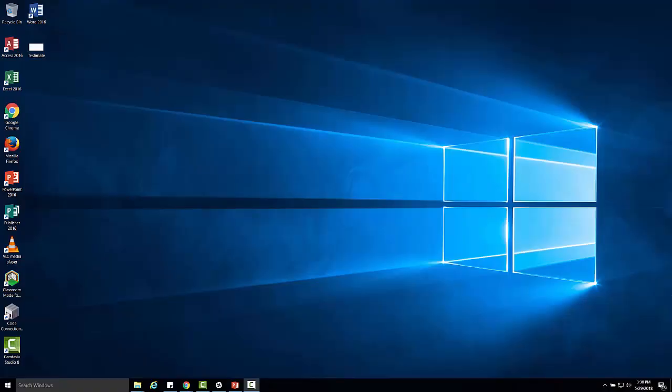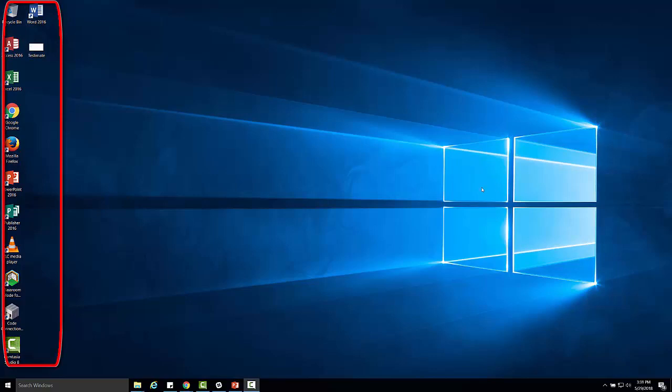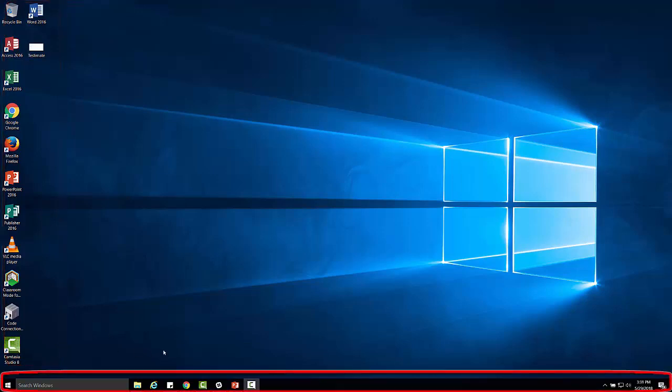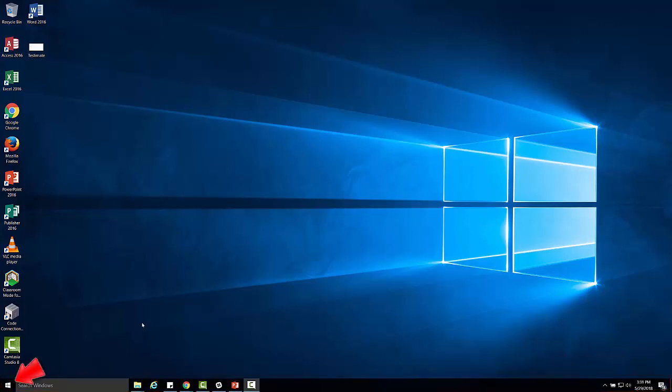And this is the desktop. As you can see, it doesn't look too terribly different from other operating systems. You have a space in the middle of the screen where icons for various programs can be shown and used, and a taskbar at the bottom where you can both access key programs or locate programs that are currently in use. You can also access the Start menu by clicking the Windows icon in the very bottom left of the taskbar.